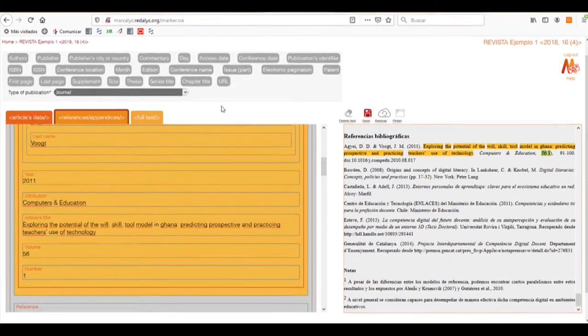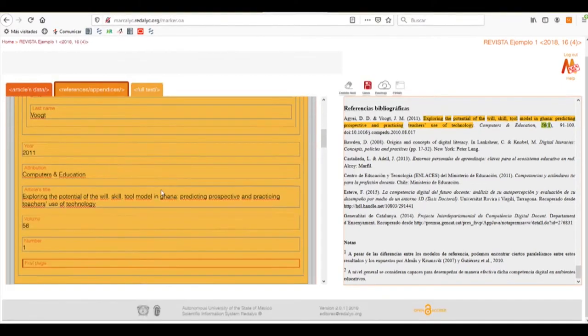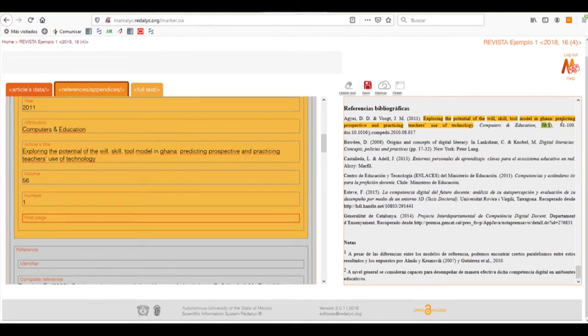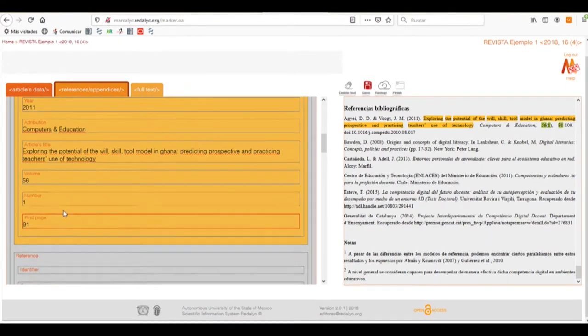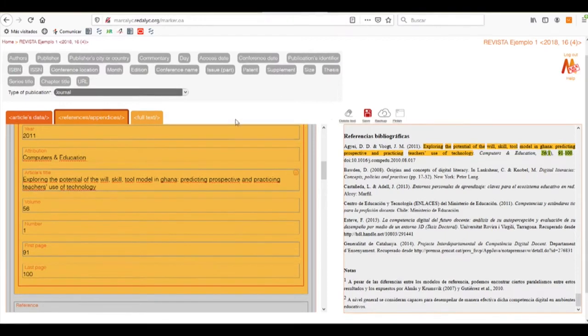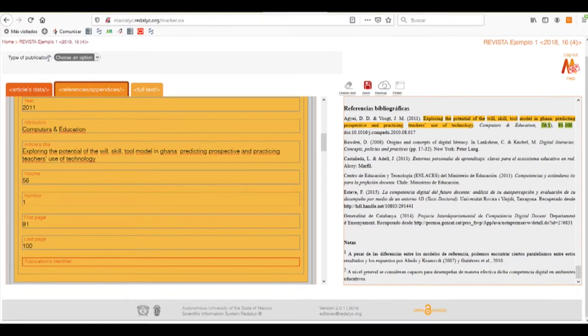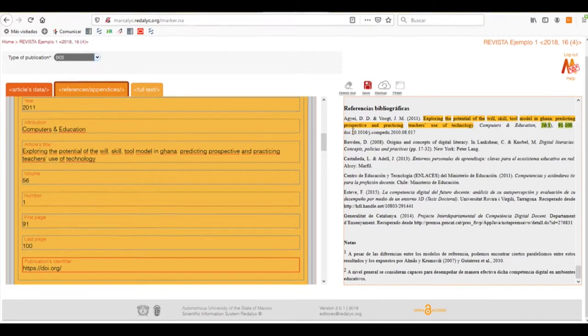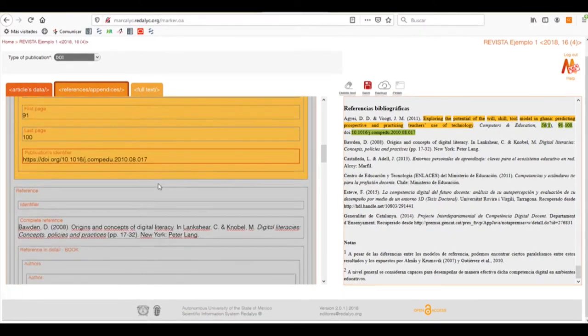and the pages of said article. The first page being number 91, the last page number 100, and the digital identifier of our publication. In this reference, it's a DOI. We have to select the type of identification, in this case a DOI identifier. As you can see, it already selects the beginning of our URL, so we only need to select the numbered